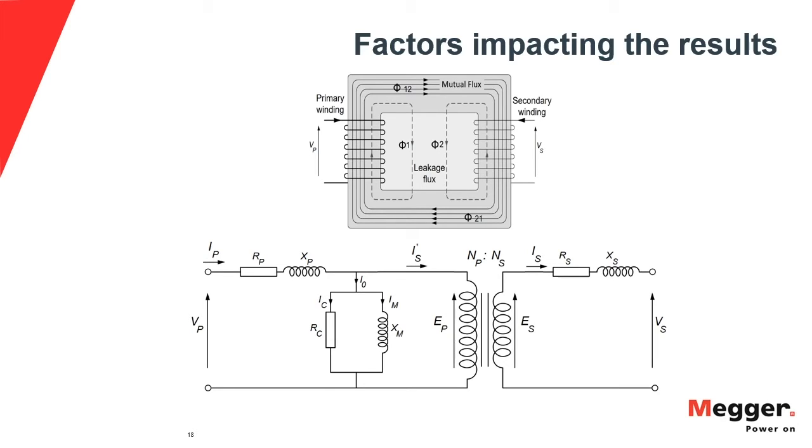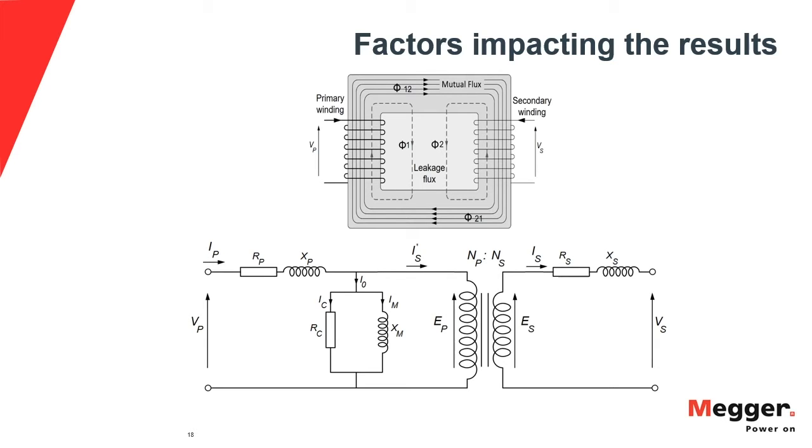Another, or third, factor that will directly impact the result of my measurement is whether I do a per phase measurement. This obviously concerns three-phase transformers. Very often we have instruments that will have connections for the three phases, but internally we only have one source. So those instruments will apply voltage on each phase at a time, and then at the end present the three phase results. But again, the way the unit is actually running the measurement is per phase. Okay,